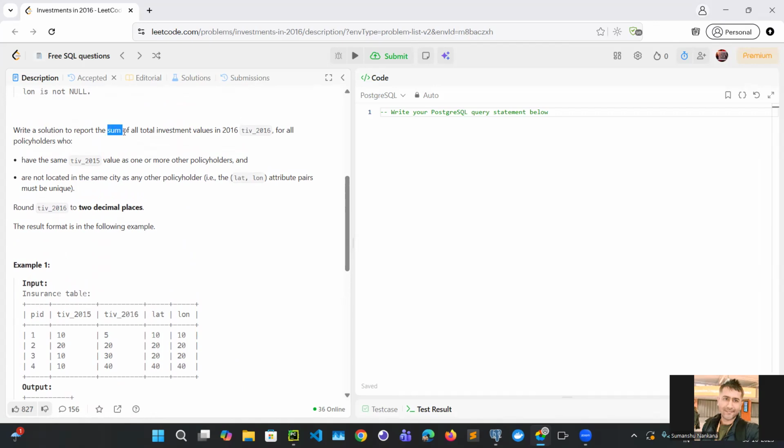What we need to find is the sum of all investment values in 2016. So 2016 means this column. What exactly do you need to do? You need to do a sum of TIV 2016, because they said to calculate the sum. So you have the sum function on the total investment in 2016, basically on this column, for all the policy holders who